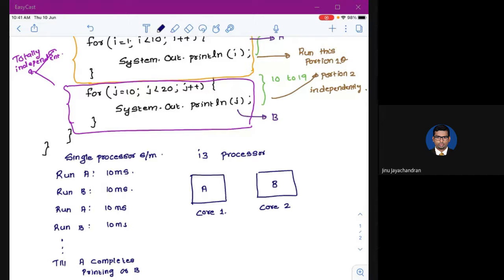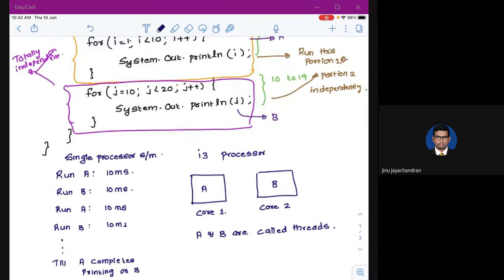But you should understand that this can happen only if there is independence in the code. And we can say that A and B are called threads. Okay.